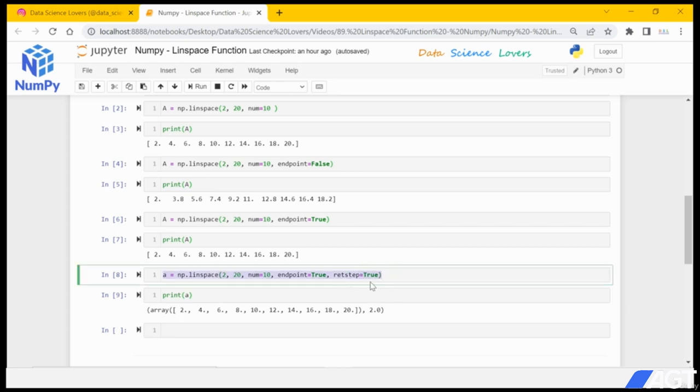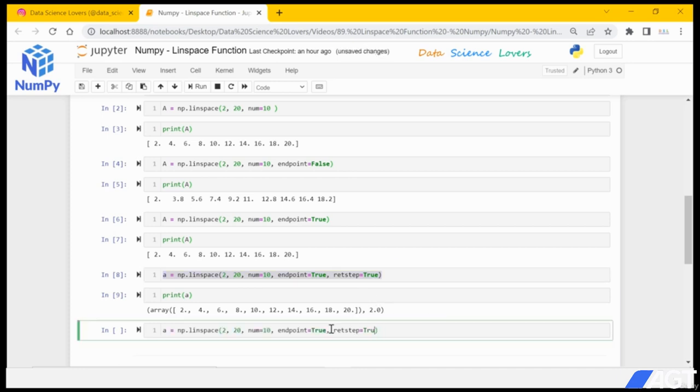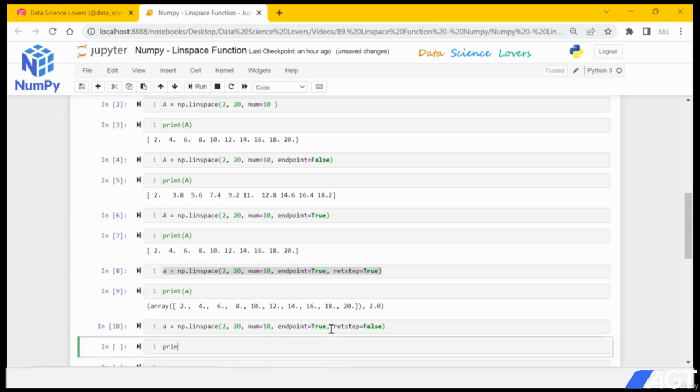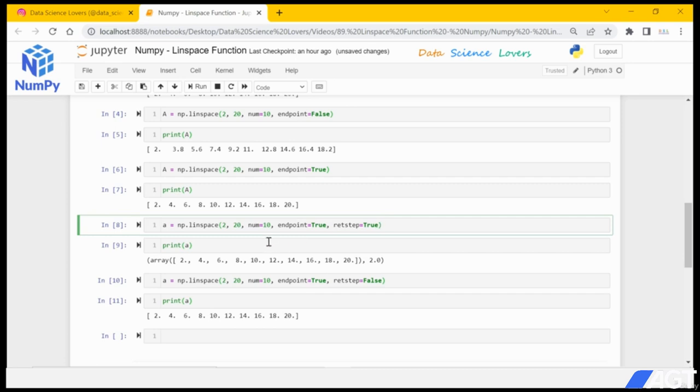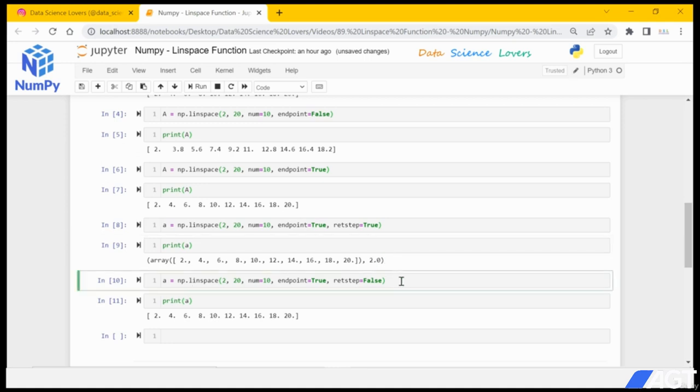When I give retstep equal to true, it is showing the step value, and when I pass retstep equal to false and we print a again, then it will not show the step value of 2. Also notice one thing here: the output when we use retstep equal to true is shown in the form of a tuple, which is denoted by these two round brackets, and when we put retstep equal to false, the output is in the form of a 1D array. Okay,